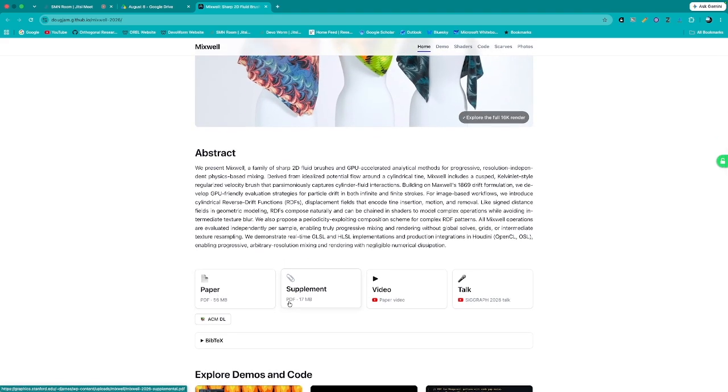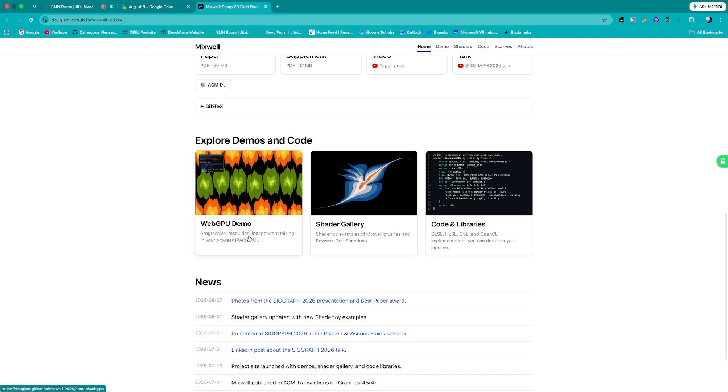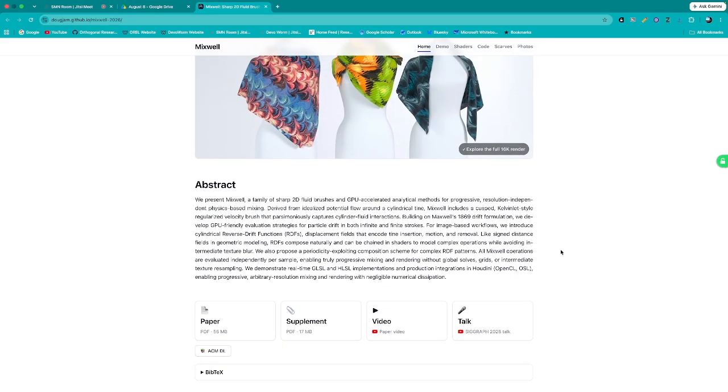They have the paper, the supplement, the video, and the talk. I like the way this is set up. And then they have the citation here in BibTeX and on the ACM. So this is going to just be kind of a description, and then there's some demos here that you can explore. So the abstract reads, we present Mixwell, a family of sharp two-dimensional fluid brushes and GPU-accelerated analytical methods for